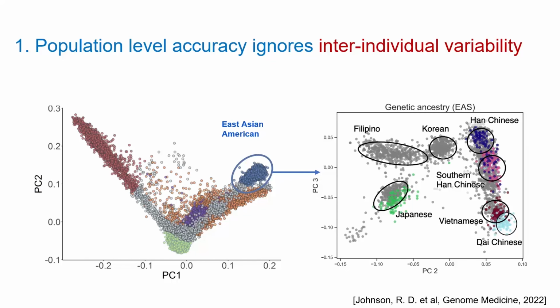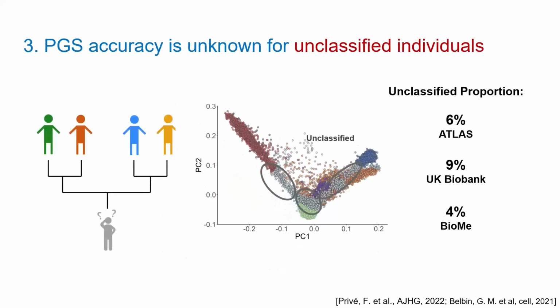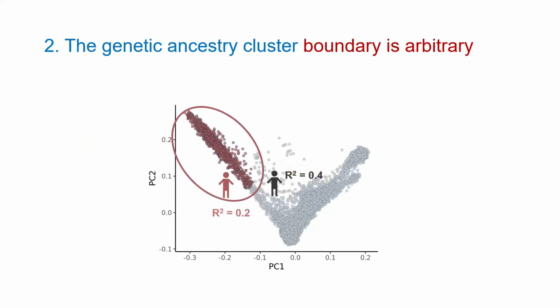It seems very silly to assign a single accuracy value to all of them while ignoring the fact that these individuals are really forming different populations. So there's variability within every cluster. The other issue is assigning a single value for, let's say, all admixed individuals, in this case African American. It makes very unreasonable guesses, where you take two individuals that just happen to be on one side or the other of the boundaries, and you would assign them totally different accuracies.